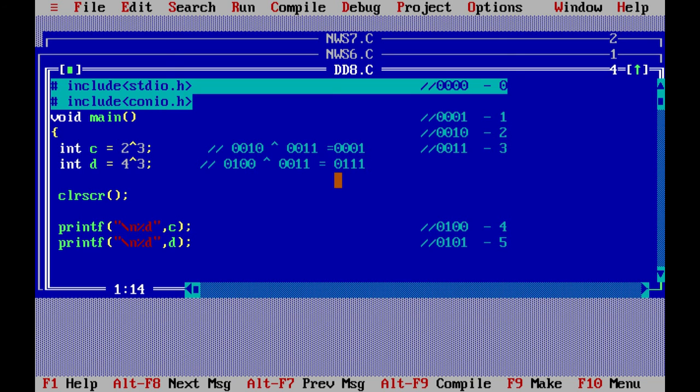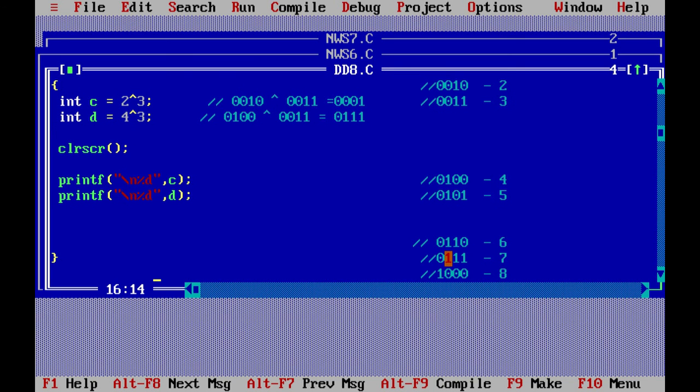And you will get 0111. So 0111 is the value of 7. So when I run it, I get 1 and 7. 1 is for 2 caret 3, and 7 is for 4 caret 3.